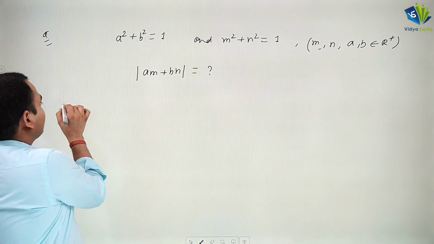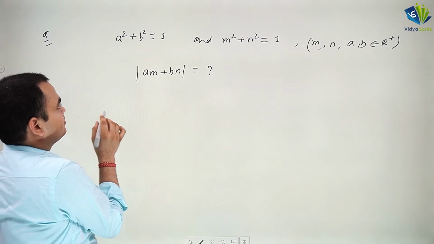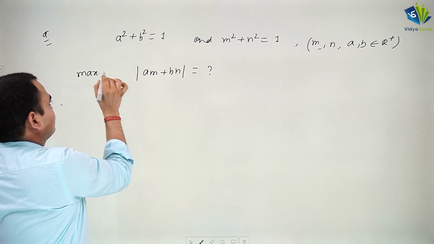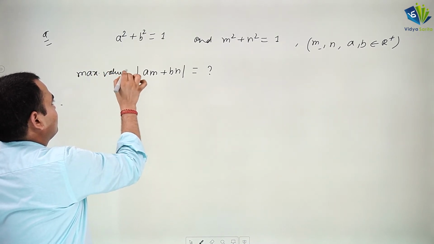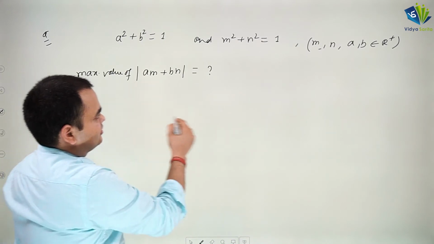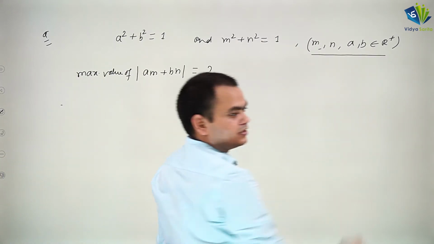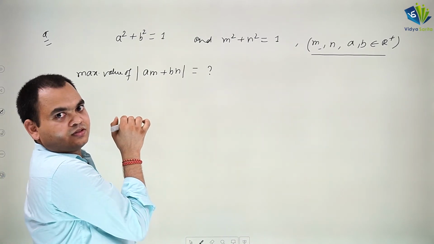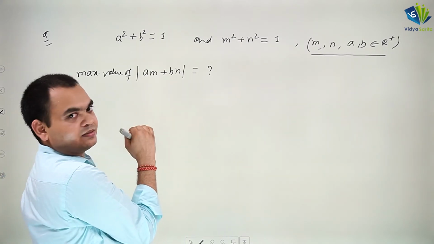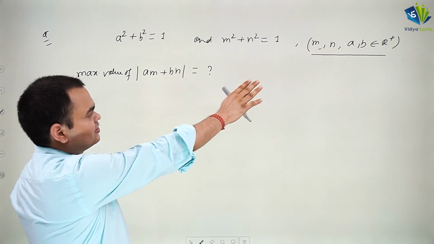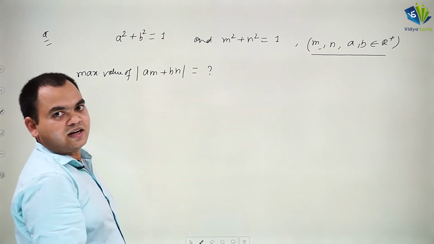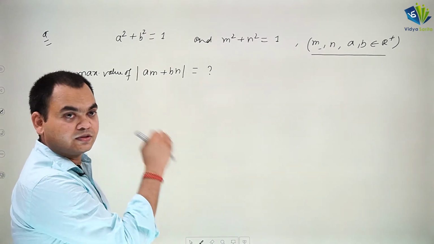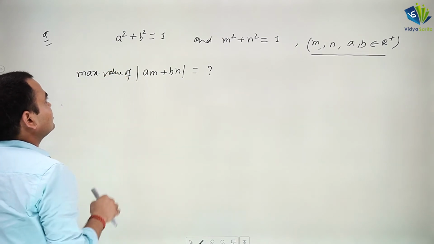Now here we can apply AM greater than or equal to GM. They are asking the maximum value of this. Again here this is the first hint that all quantities are positive, and again here they are asking the maximum value. So again somewhere some relation is there with AM greater than or equal to GM. Wherever these things are there, positive quantities, and they are talking about some maxima or minima, then first of all we have to think about AM greater than or equal to GM. How do we apply it here?